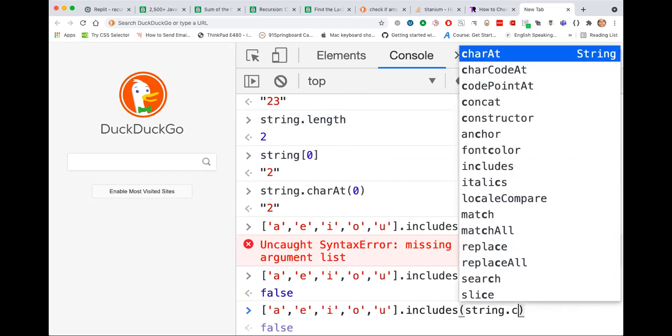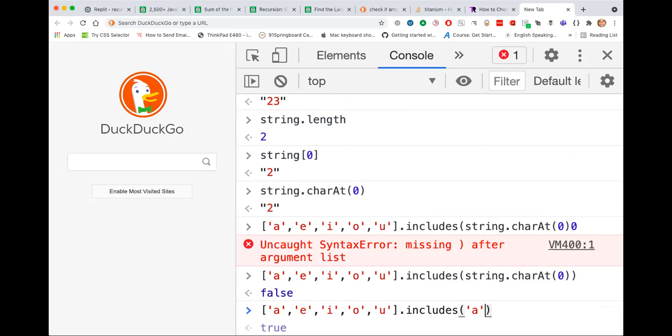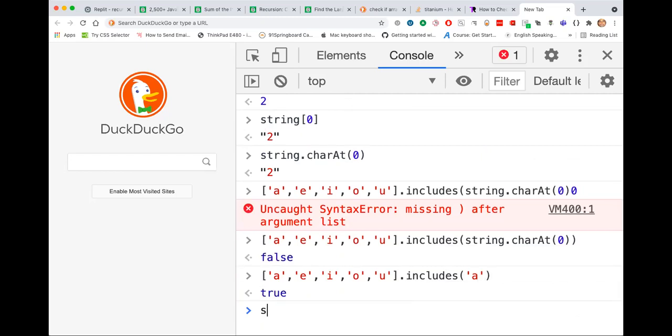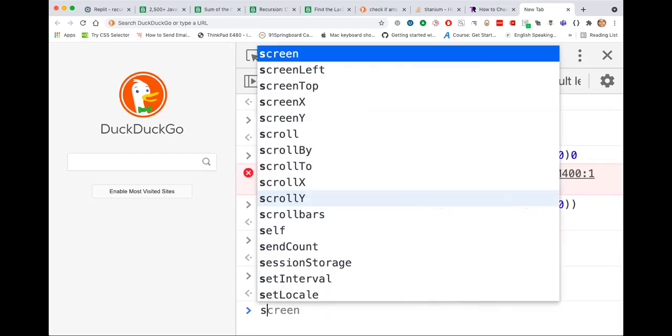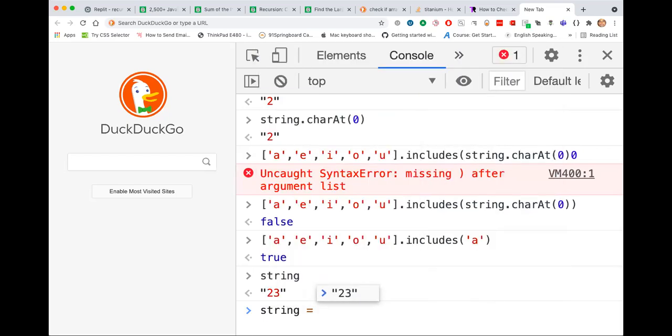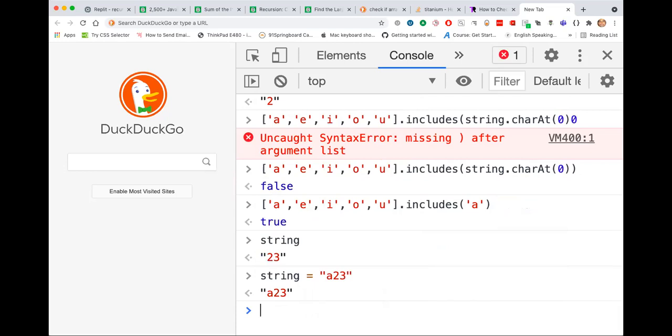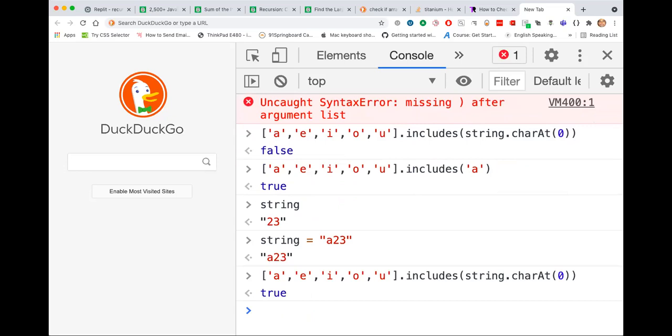In case it was A, E, I, O, U, anything of that sort, it would have returned true. Like for example, if I reassign string to a23, now the first element is small a, so this statement will return true. If this statement returns true, then I add one. If it returns false, then I don't add anything. I just drop the first element and send the rest of the array.